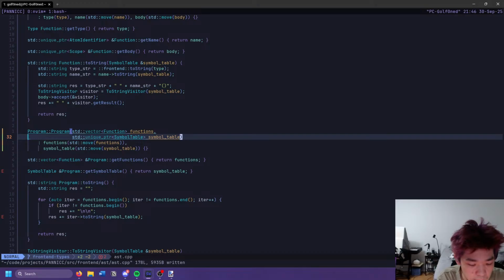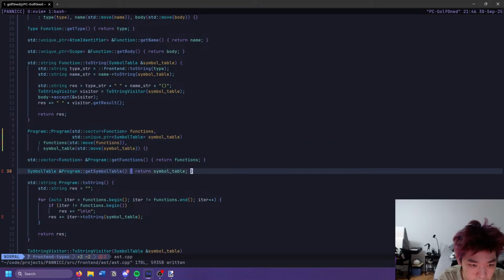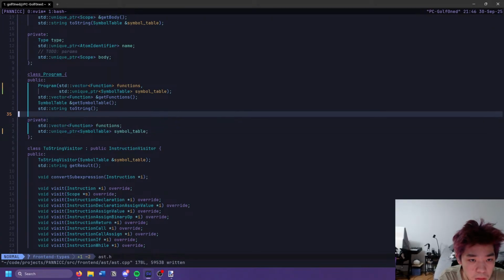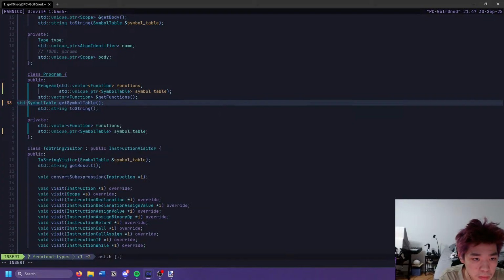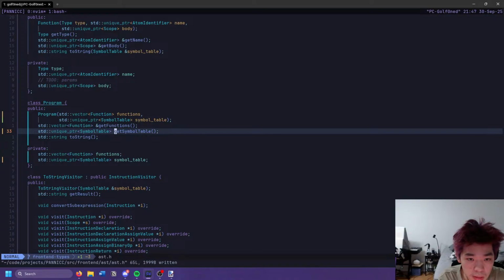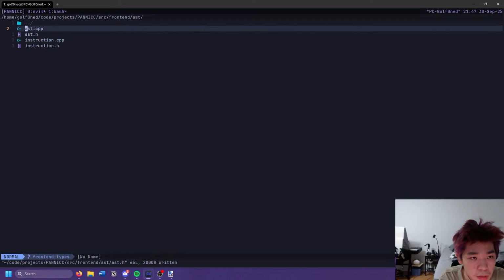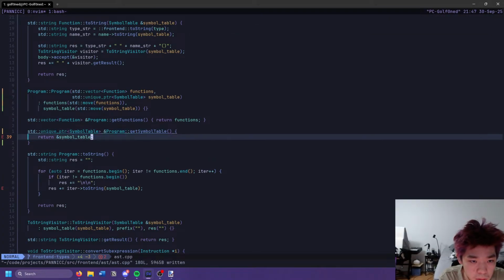Okay. Yeah, unique pointers are so nice. Yeah, we need a reference to that, and that, I guess. Yeah. That needs to be a reference. We can just